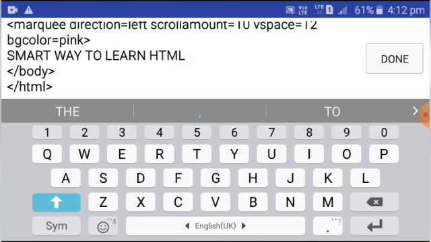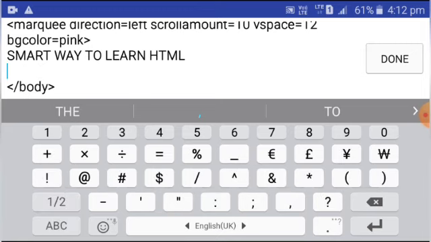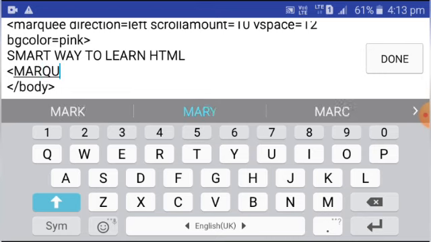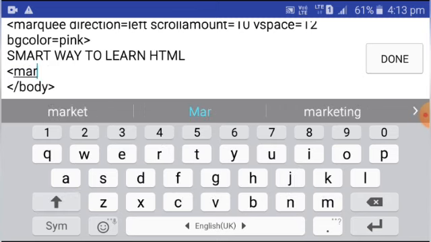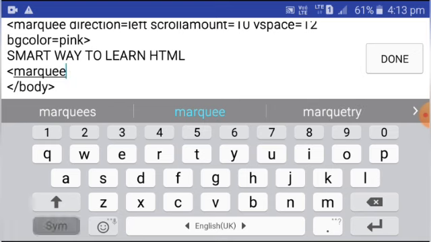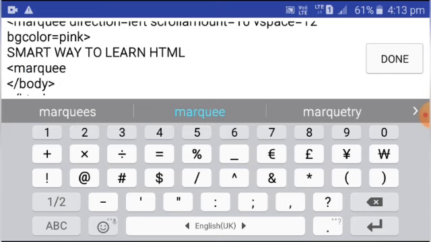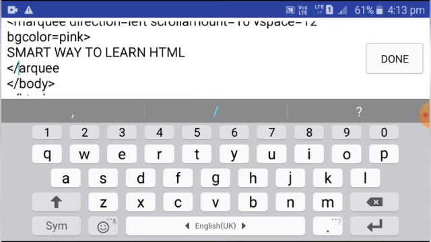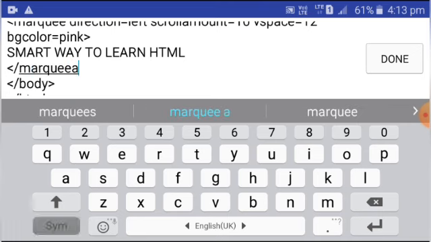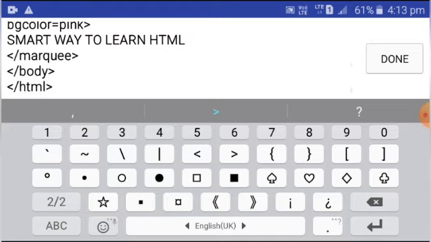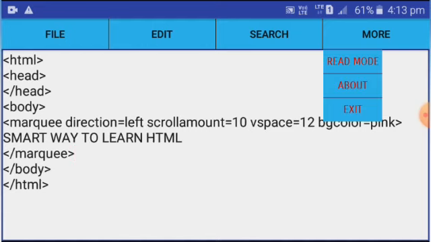Then we will close this marquee tag. This is our code. Okay, let's run this code.